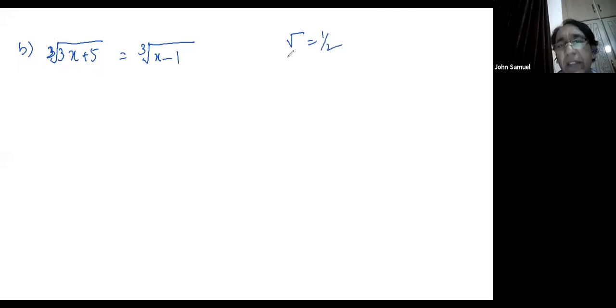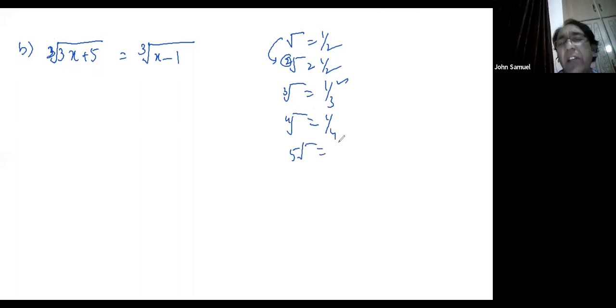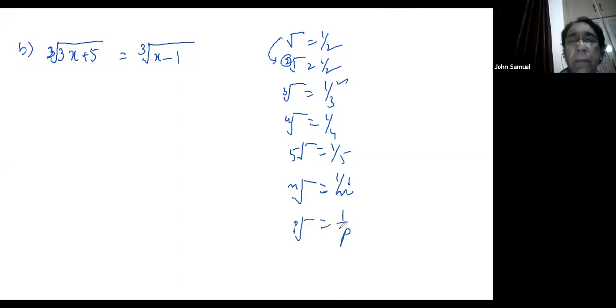If the index value is 2, even then, we can write these both as similar. If it is 3 outside, you know that we can say it's cube root, we can write it like this. If 4 is there, we can write its 4th root. If 5 is there, we can write its 5th root, and so on. If n is outside, we can write nth root, 1 over n. If it is pth outside, I already explained it to you, 1 over p. Hope you are getting it, right? So these all I explained to you.